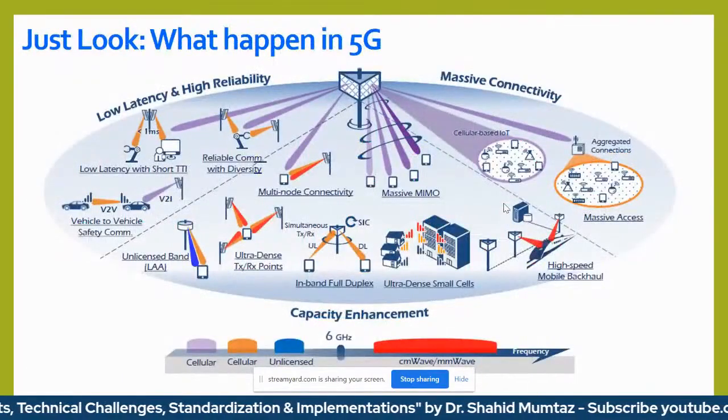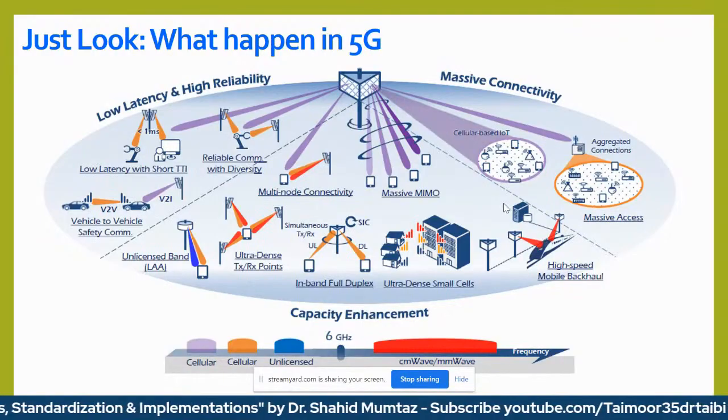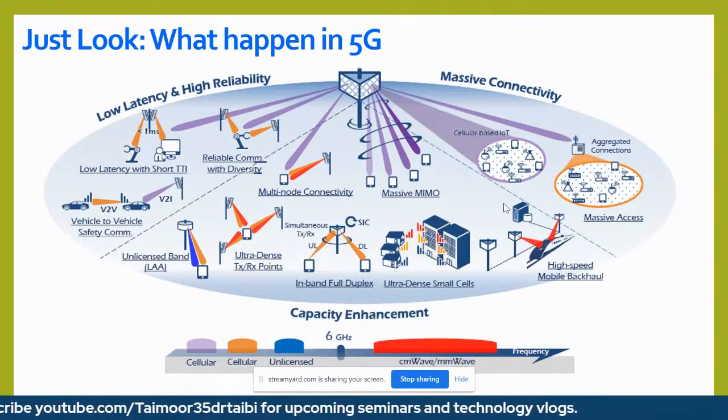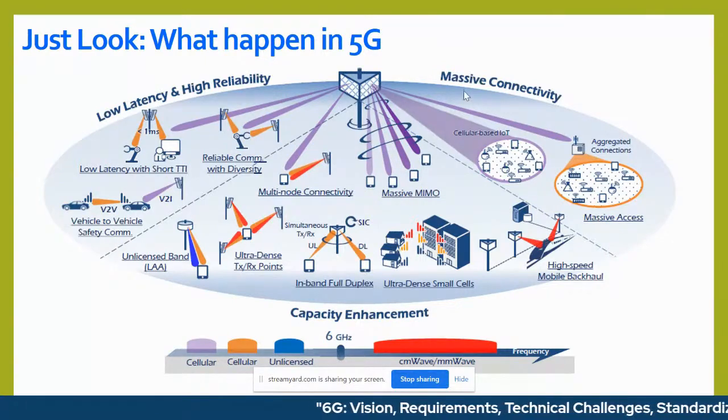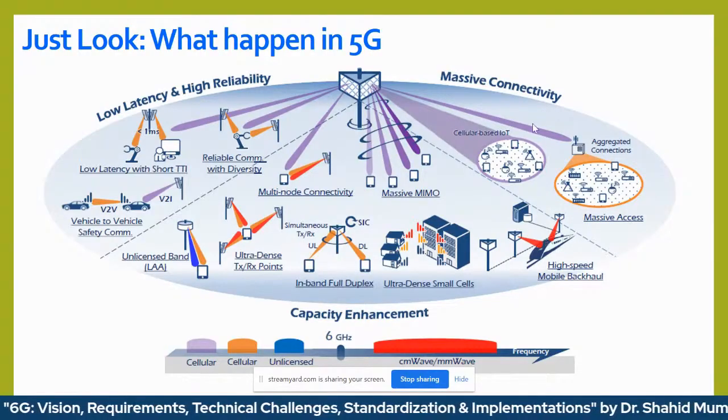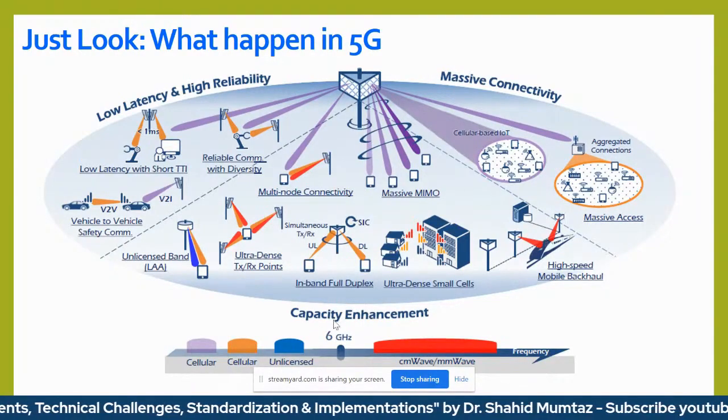The technologies which we worked on a lot in 5G started in 2014 and 2016, and back in academia in 2012. We started with various technologies according to the use cases which we got from the ITU, and then went to 3GPP to finalize the solution for them. For example, for massive connectivity, we have technologies which shape this domain. Then we have capacity enhancement, and then the low latency and high reliability use case. To fulfill all these three use cases,